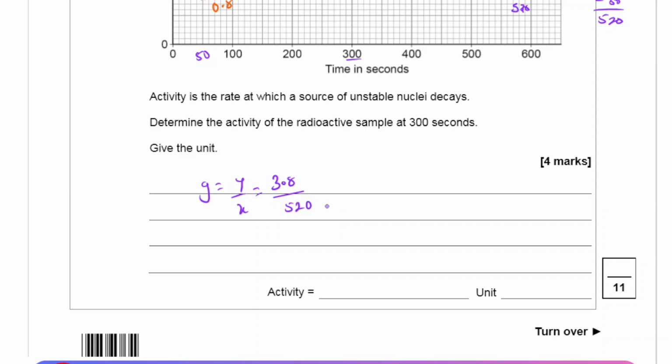Now in the marking scheme, they give you a specific answer, but they also say 1 mark for drawing a tangent on the line at 300 seconds, and then the second mark to attempt to calculate the gradient of the tangent, and there's a mark for the unit as well. So let's do this calculation. 3.8 divided by 520 is going to be